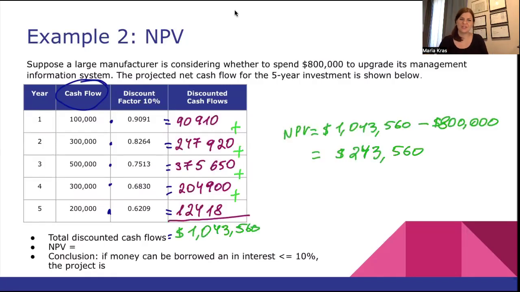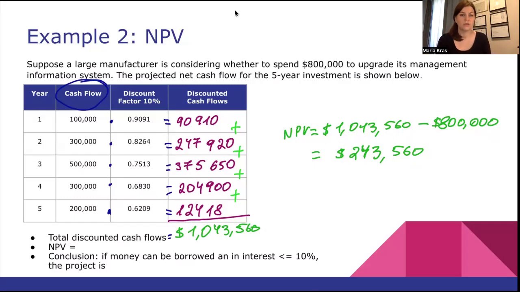Welcome back. So what did you get? Well, I hope you got a positive number because it is indeed positive. So what could you see? These are the discounted cash flows. And then this is the total. And to come up with NPV, the net present value, you take the total of the discounted cash flows, you subtract your original investment of 800,000